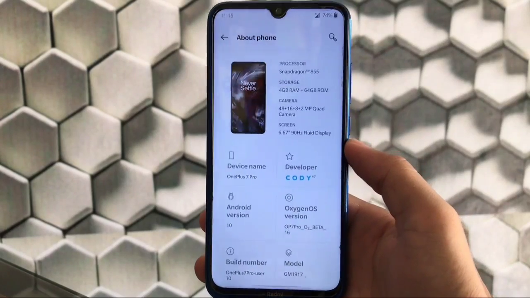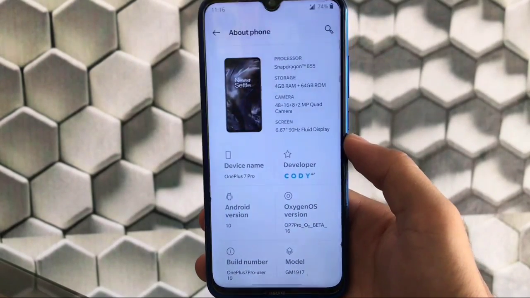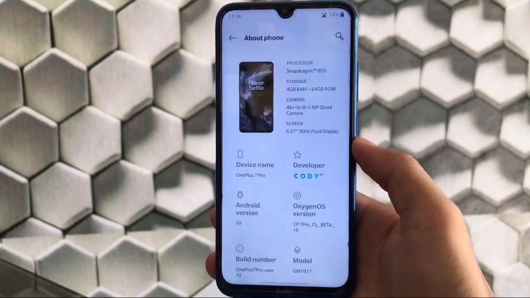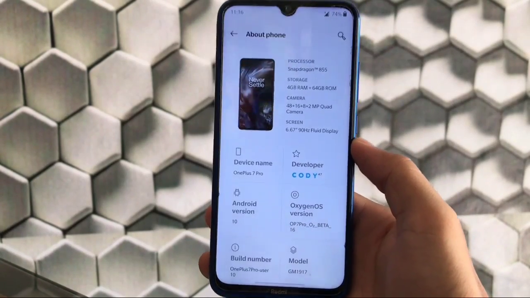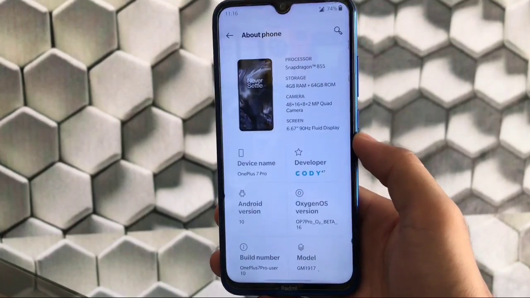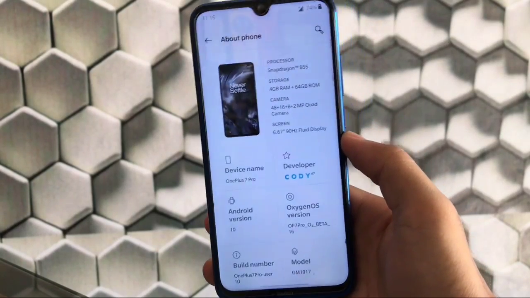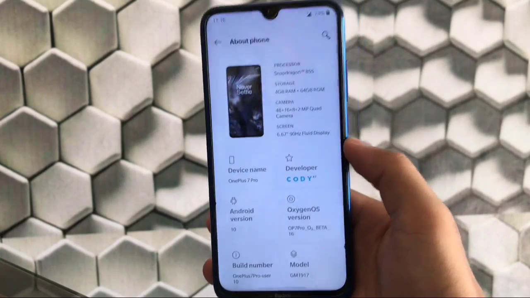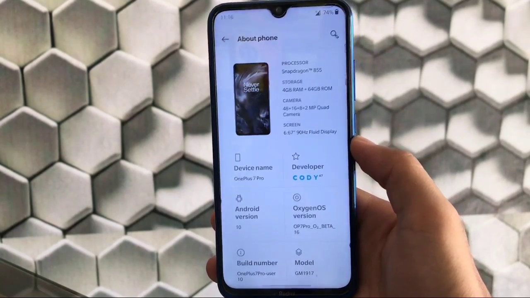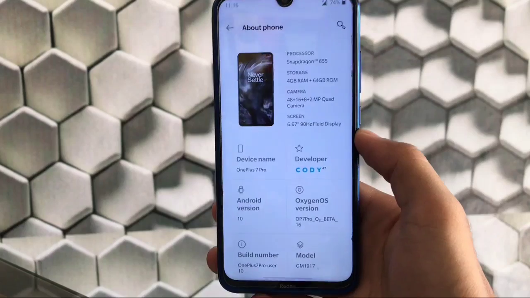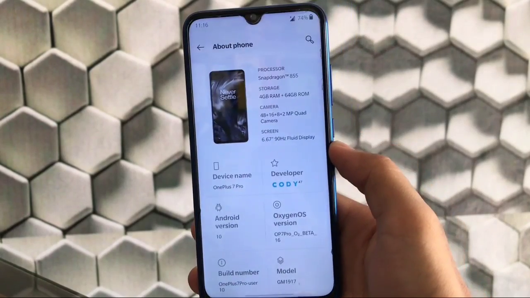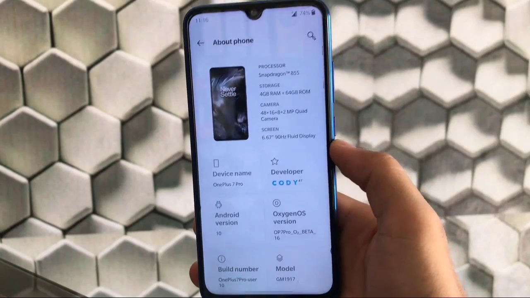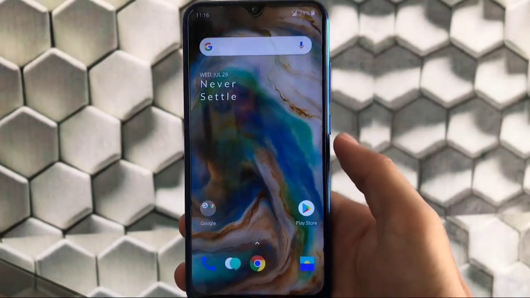I have installed the OnePlus 7 Pro custom ROM available for Redmi Note 8. This build has some fixes and some new things, and I'm going to share all of them with you in this video, including the new features and fixes. Make sure to watch this video till the end to understand everything. We have the main fix, the SD card fix, and I will tell you how you can use that fix. Alongside that, we have OnePlus Nord wallpapers and OnePlus Nord live wallpapers available.